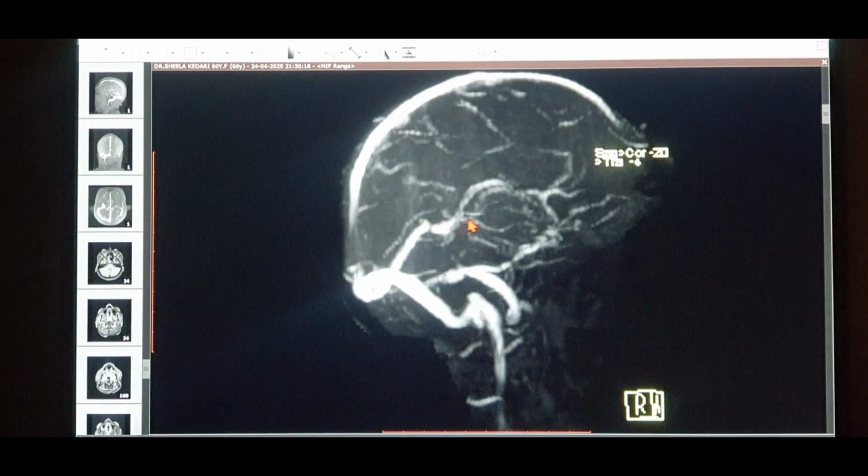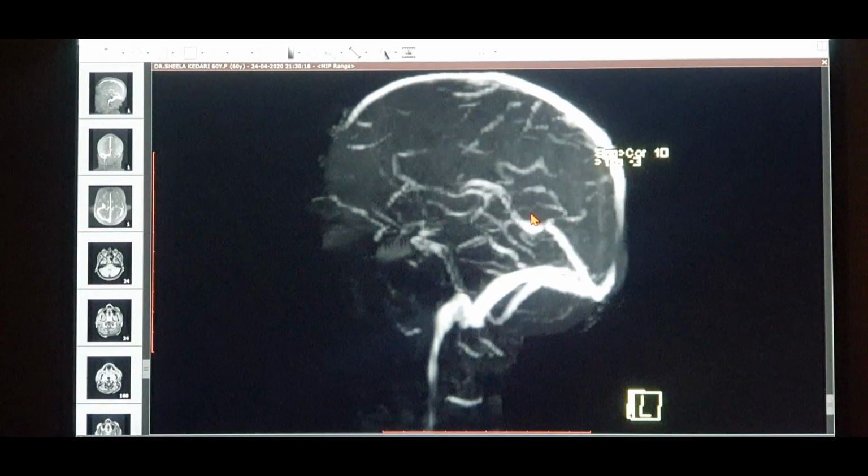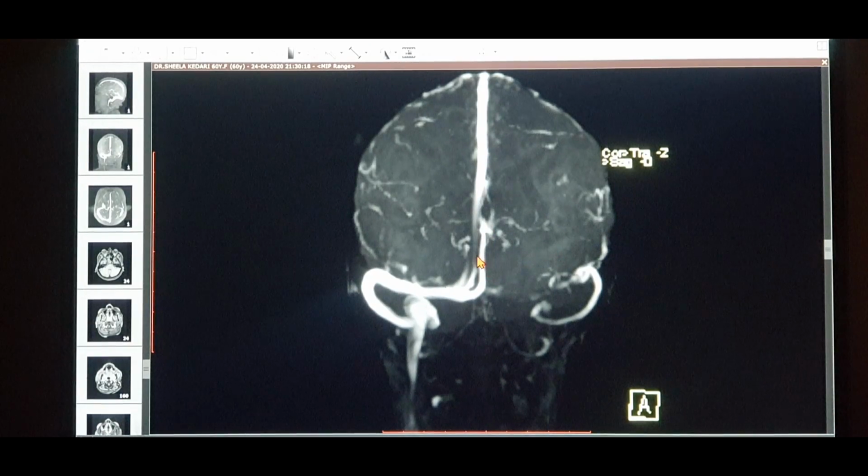So if I rotate this further like this, now this is the anterior posterior view. So this is the midline, as we saw, this is the superior, then the inferior, then the straight sinus leading into the confluence of sinuses, and then this is the transverse sinus. Okay, as you can clearly see, the lateral one here is the transverse sinus, and then coming anteriorly to form the sigmoid sinus over here. That's the sigmoid sinus right there, and then eventually it forms the